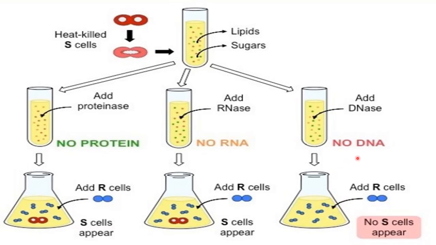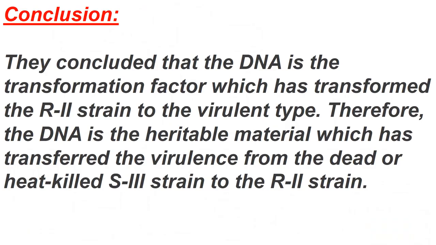So what was that thing? That was the enzyme DNAse, which destroyed the structure of DNA. It means only DNA is the molecule that is playing a role in the transformation. Only after the destroying of DNA, transformation is disturbed. So they gave the conclusion that DNA is the transforming factor, the transforming principle that Griffith talked about.